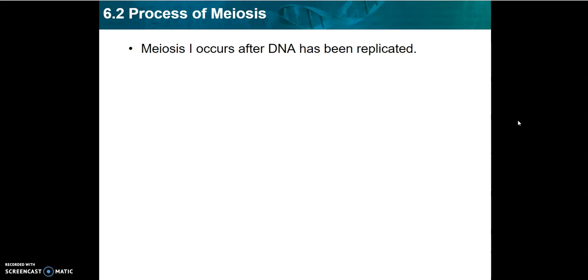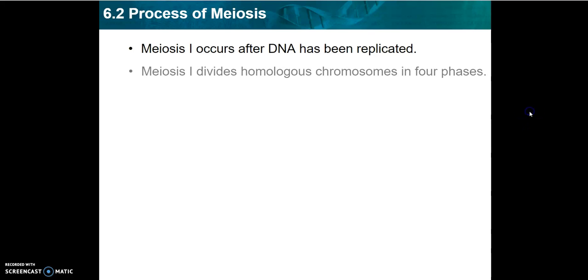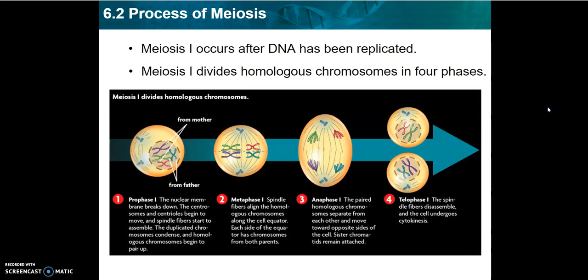Meiosis 1 occurs after DNA has been replicated. Meiosis 1 divides those homologous chromosomes in 4 phases. During prophase 1, the nuclear membrane will break down, the centromeres and the centrioles begin to move, spindle fibers attach and assemble, the duplicated chromosomes will condense, and the homologous chromosomes begin to pair up,